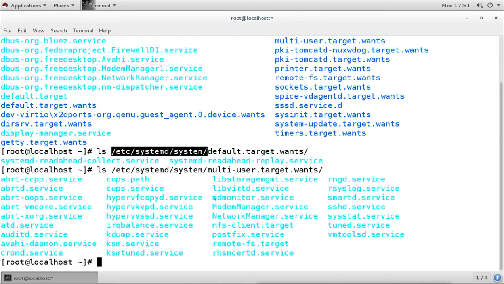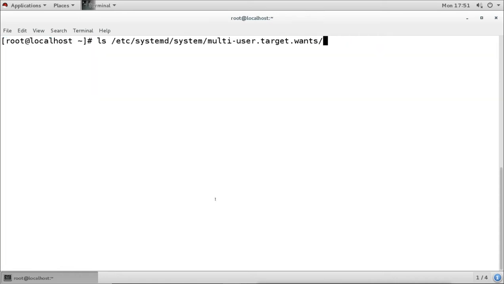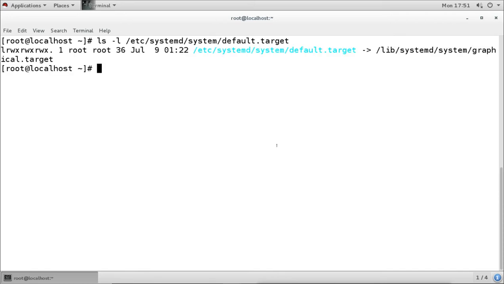If you list one of them, for example default.target, with the long option, it shows that the actual location for these files is under lib systemd system, and it has the files there.